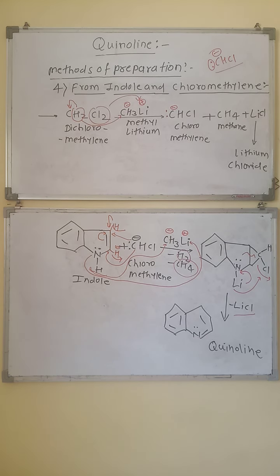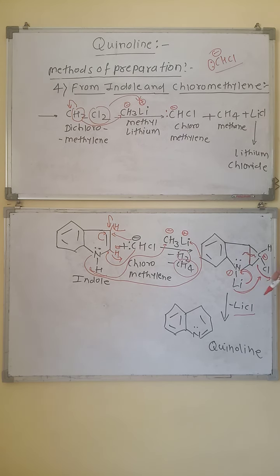How can it form? First of all, the bond between the second and third carbon will break. This chlorine will be removed and take the lone pair of electrons from this carbon atom towards itself. So this carbon will acquire a positive charge, and side by side this nitrogen contains lithium. Lithium is attracted toward the chlorine, and it gives a lone pair of electrons toward the nitrogen. So this nitrogen is electron rich.